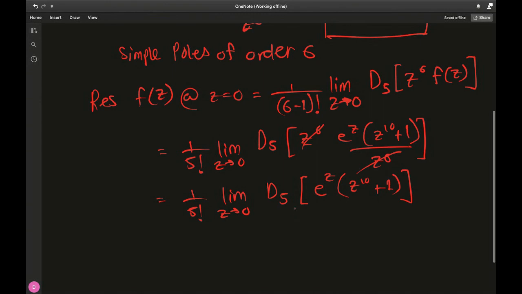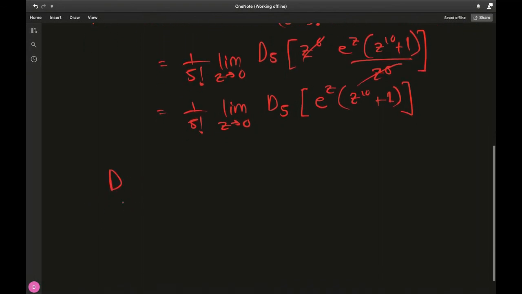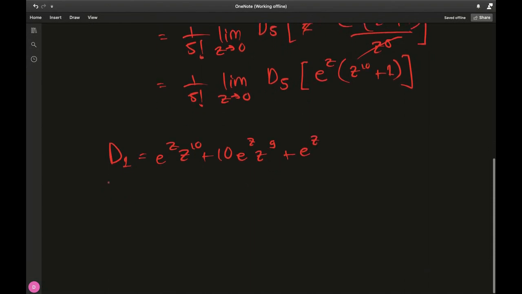We have to use the product rule. But again, don't worry. Let's do it with concentration. So our first derivative turns out to be e to the z to the 10 plus 10 e to the z to the 9 plus e to the z. Second derivative, or differentiating the first derivative once again, e to the z to the 10 plus 20 e to the